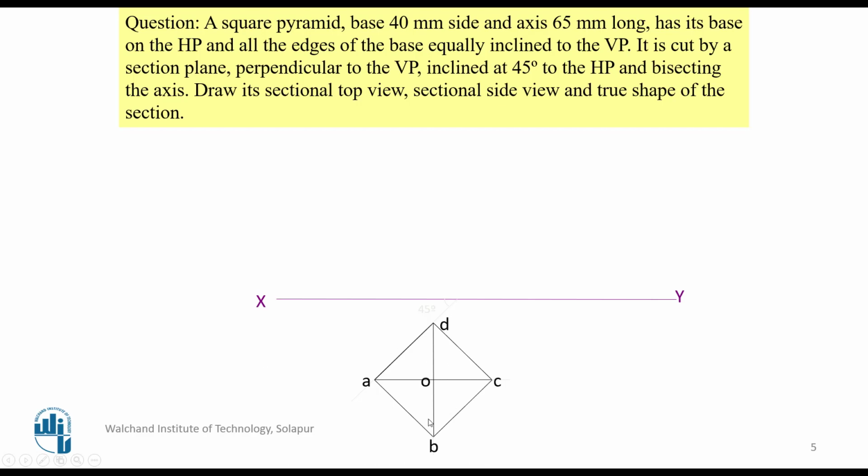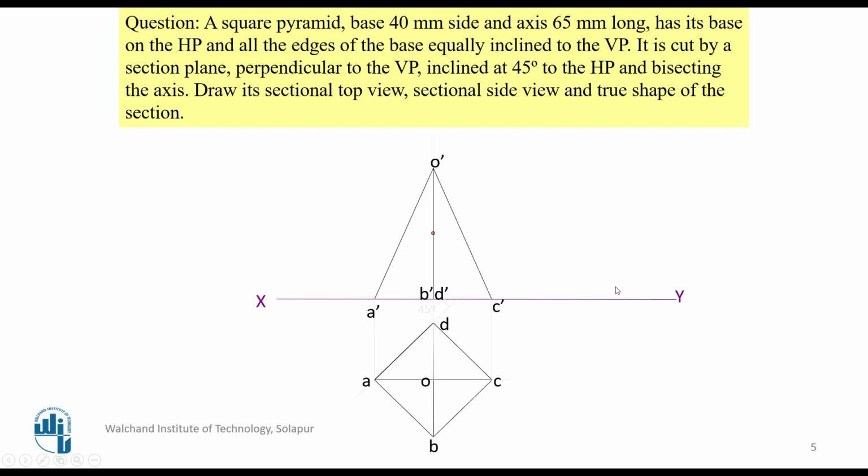They are given four namings A, B, C, D and the center as O. This is generally the case of projection of solids. We are not more particular about the projection of solids at this stage. We are doing the section of solids. So as per the given conditions, this is drawn as a, this is A dash, B dash, D dash and C dash, this is the O dash. And the 65 millimeter height is given, and you take the center here because they have given it as bisecting the axis.